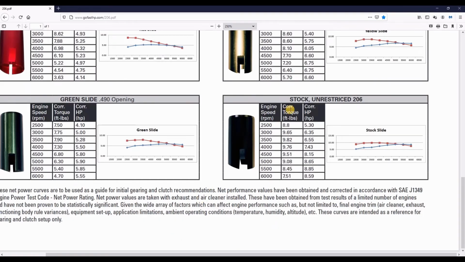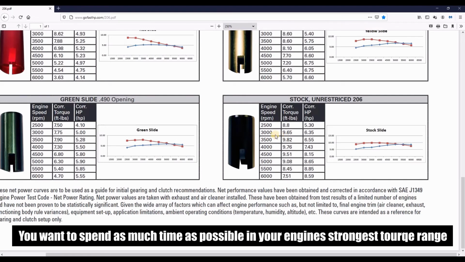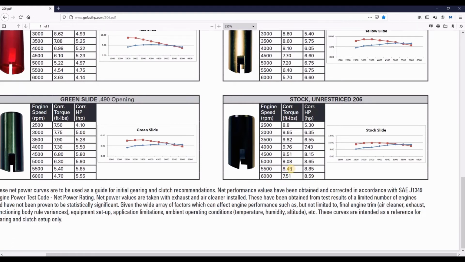specs for the unrestricted class that we're running, you want to be running your motor in your motor's torque range, the highest amount of torque for that particular range. So for us, that's roughly 3,500 to somewhere between 4,500 and 5,000 RPM is where we want the majority of our lap to be as far as our RPM range. We don't want to be running the majority of our lap at 5,500 RPM because our torque's not quite as